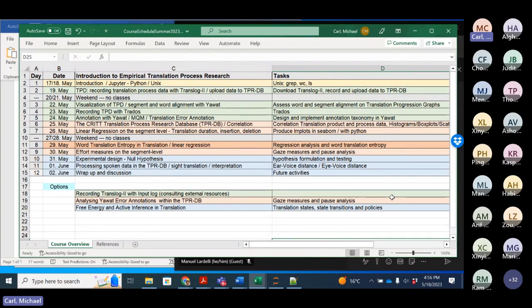So there will be a variation in the product, but there's also variation in the process. Some translators might want to read the entire text first, others go immediately ahead. Some do lots of revisions, some think longer and do fewer revisions. So we have a variation in the product and in the process, right?